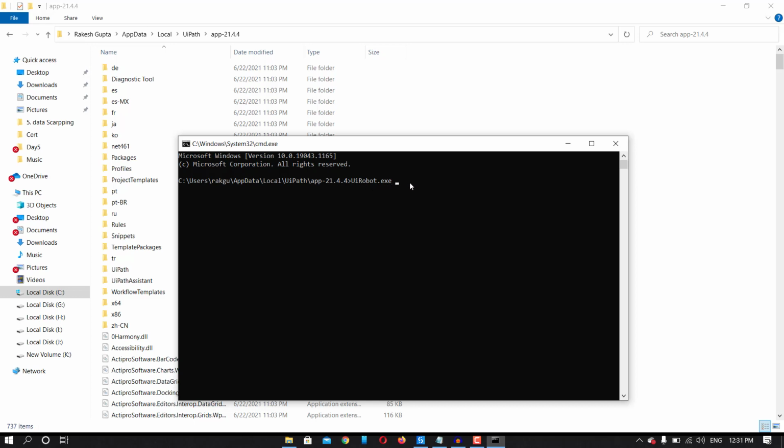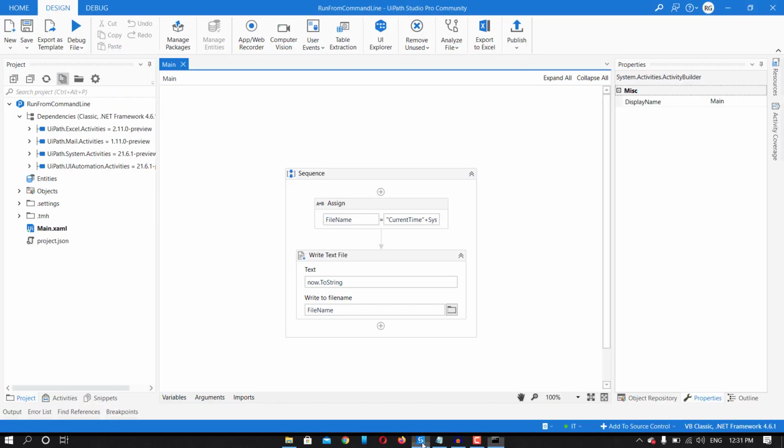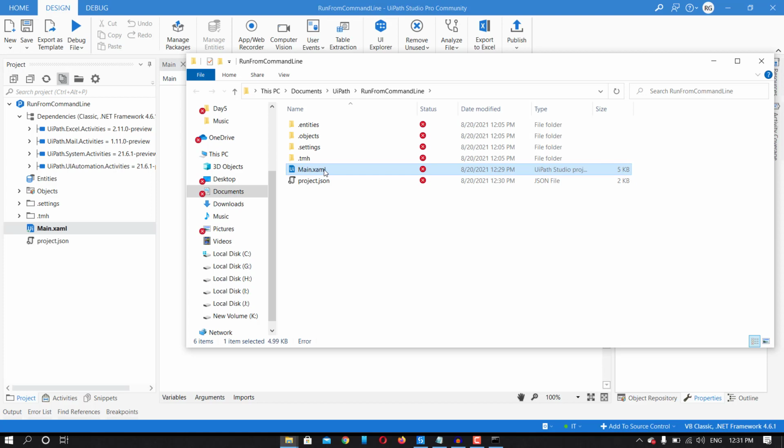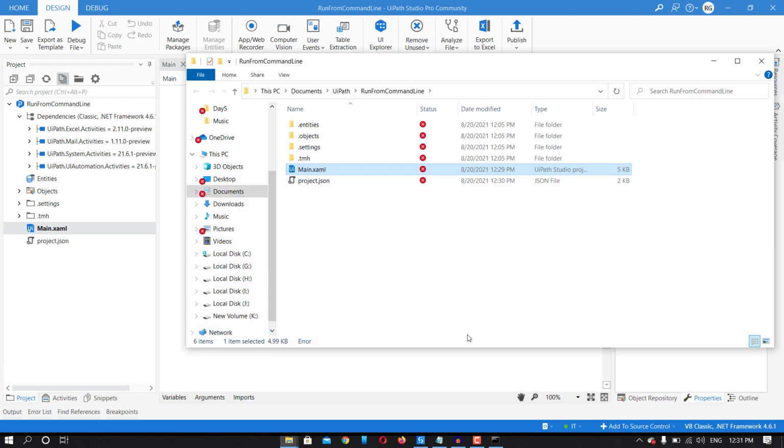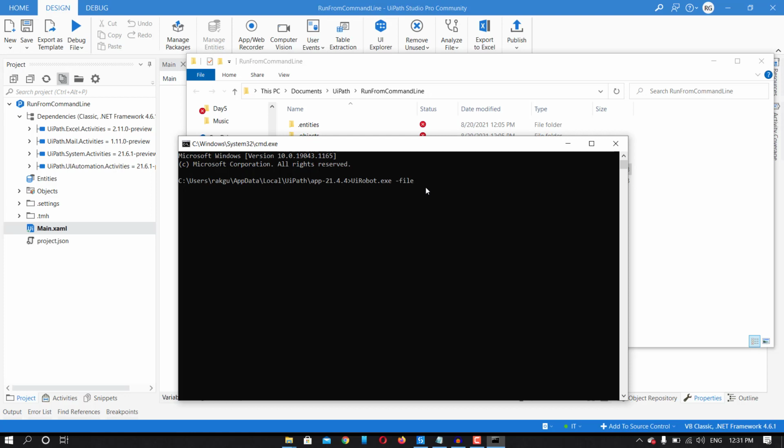Now I will type file, and then I have to pass the main.xaml file location there. For that I will simply right click here and copy as path, and I will paste that path here.